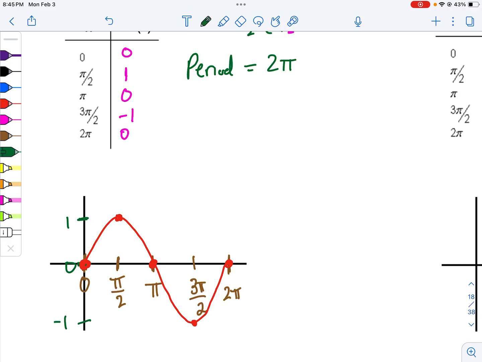If I were to keep going and I were to go pi over 2 more, so that would be what? 5 pi over 2, right? Because this would be 4 pi over 2. Then I would go back up to 1. And this graph is going to continue to repeat as I keep going further around the unit circle more than